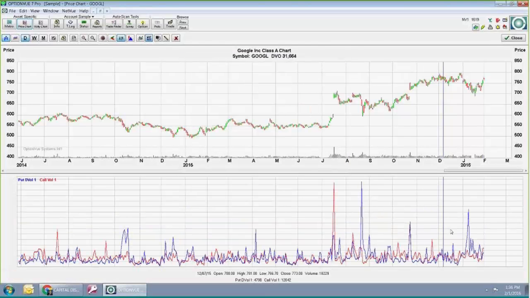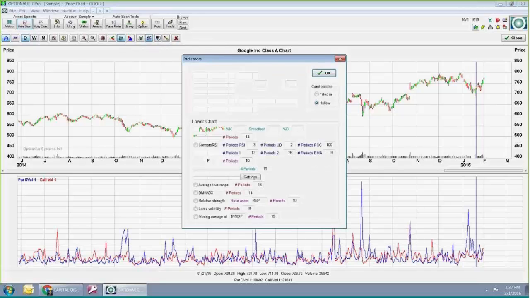And hit OK. So now I can see what they have been trading. Especially recently, this blue line's really high. This is the put dollar volume. The red line is the call dollar volume. And down here, again with the wand, I can see what the actual number is. This particular day, there was a huge spike in put dollar volume. They traded 50,868,000 in puts versus only 20 million. So put-call volume ratio, that's a common indicator people use of sentiment.